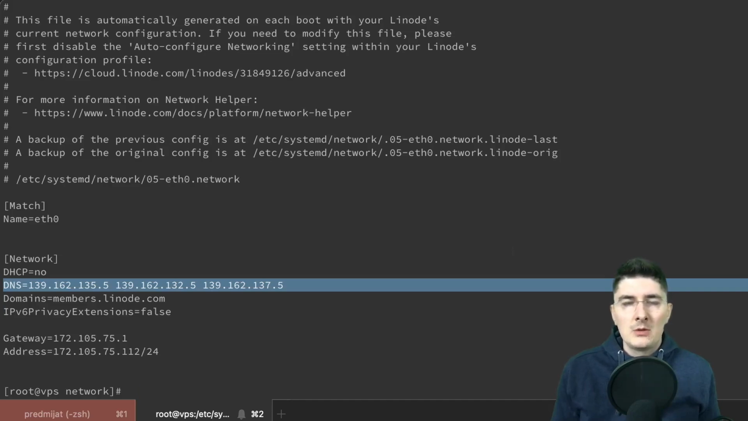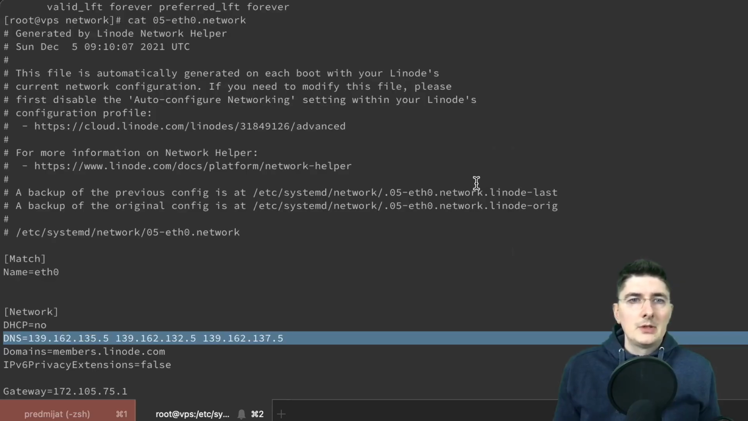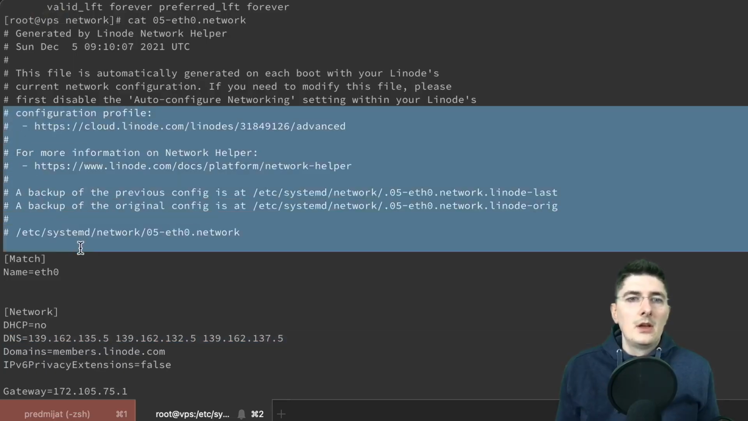What I want to do now is replace these default name servers and use Cloudflare's 1.1.1.1 as the only default name server. How do I do that? If you check the comment at the top of this file, you will see that it is automatically generated on each boot, so editing it directly will not work, and that if you want to change it, you should follow these instructions. You can do that, or you can do the same thing I'll do, and that is make use